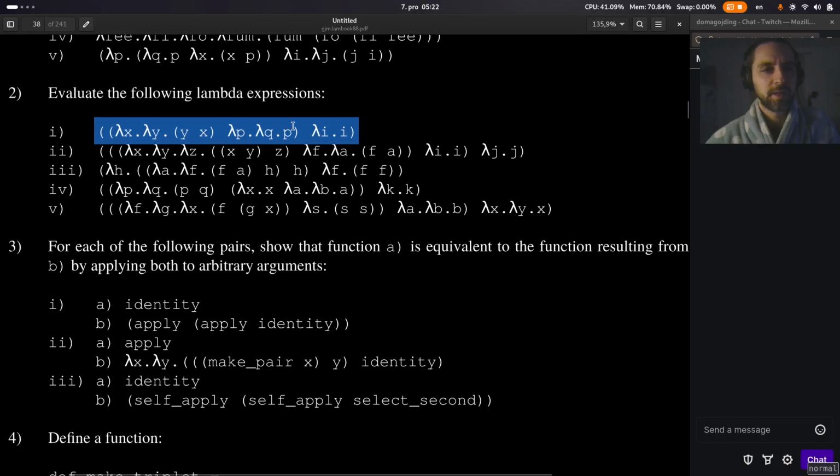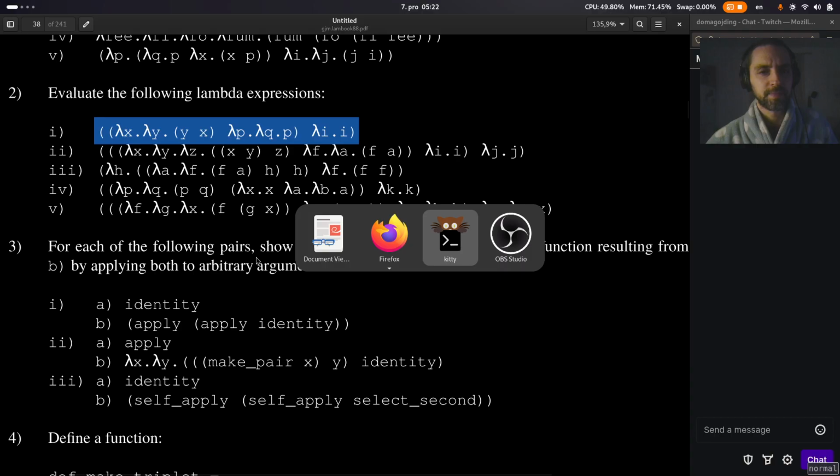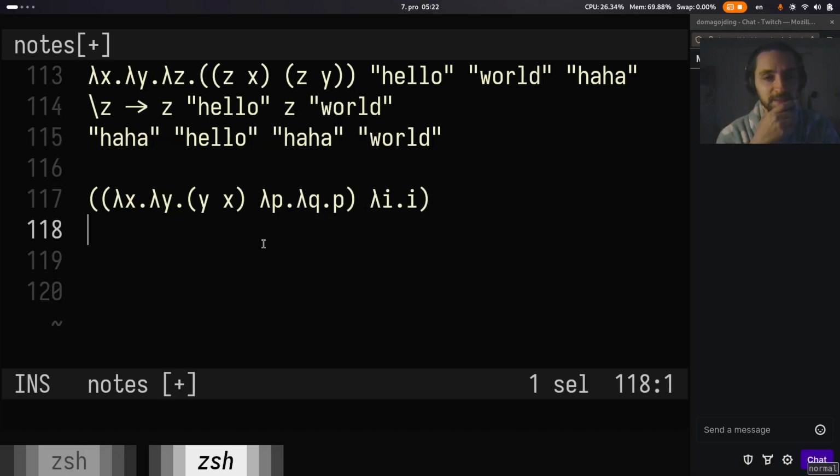Concentrate. Evaluate the following lambda expressions. We have it here. Lambda x, well, this is just the identity function. I think we have to first apply this and substitute for the lambda x. Right? That's it. What else can we do? So we're going to have a lambda y, a lambda y. I'm going to be y